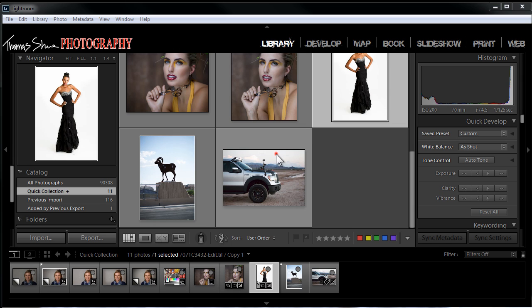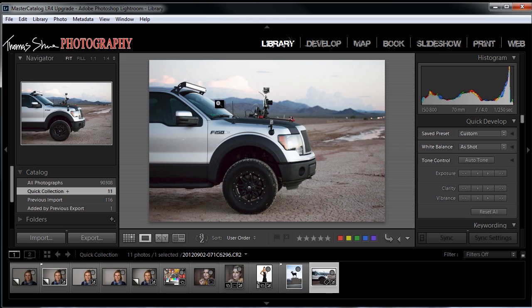My name is Tom Shue, and today we're going to try to work with this image and fix the sky. A lot of times people take exposures and the sky is a little bit blown out and you want to fix it. Well, it's not so easy to just do it on one image, because when I make an